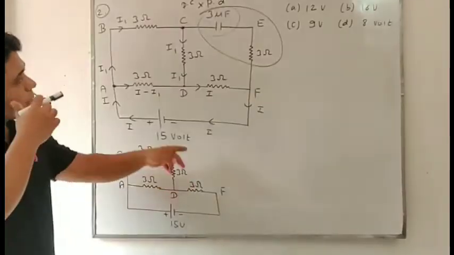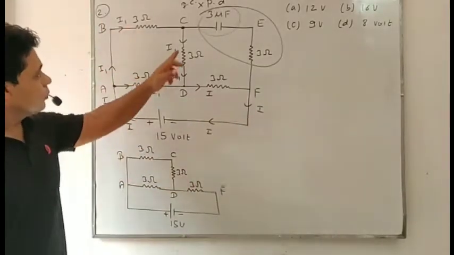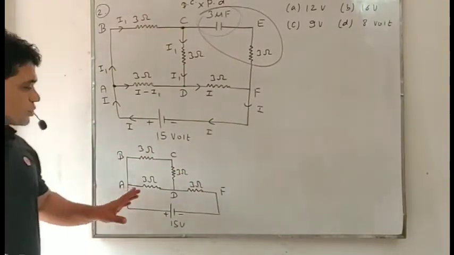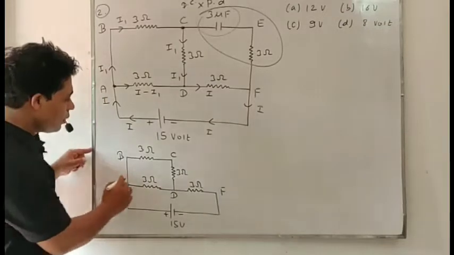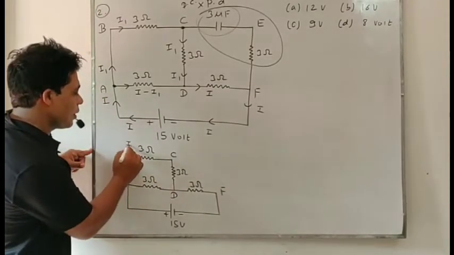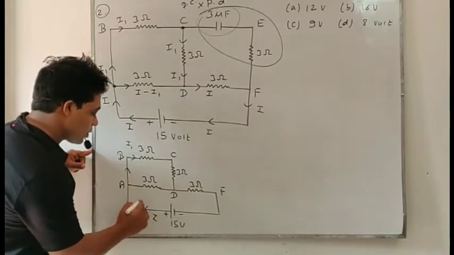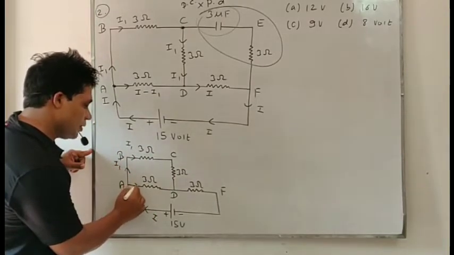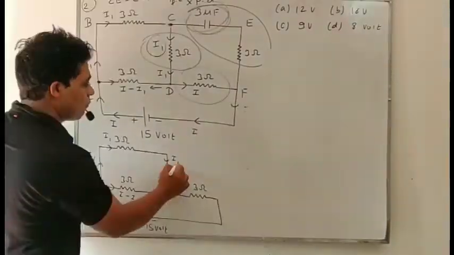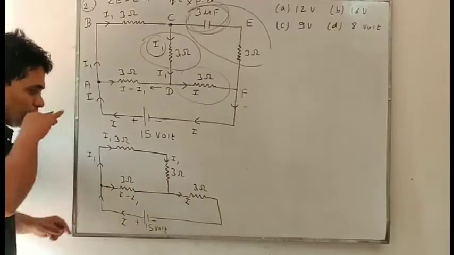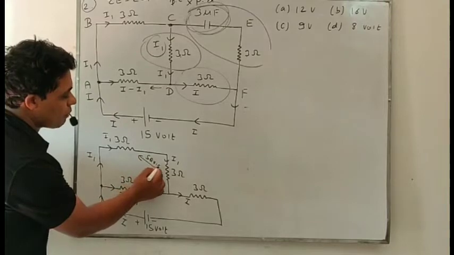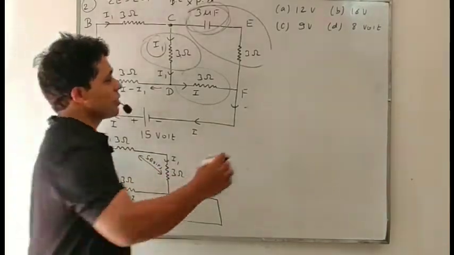So again we'll make the diagram. 3 ohm, 3 ohm, this 3 ohm, 3 ohm, and 15 volt. Okay, students? Now, students, we'll find total resistance. Look at, when you flow the current in this 3 ohm and 3 ohm, same current is there. I1, I current is coming upwards. I1 here, I minus I1, and here I, and that will flow in that also. So look at, since these two are in series because having same current, then 3 plus 3, 6.